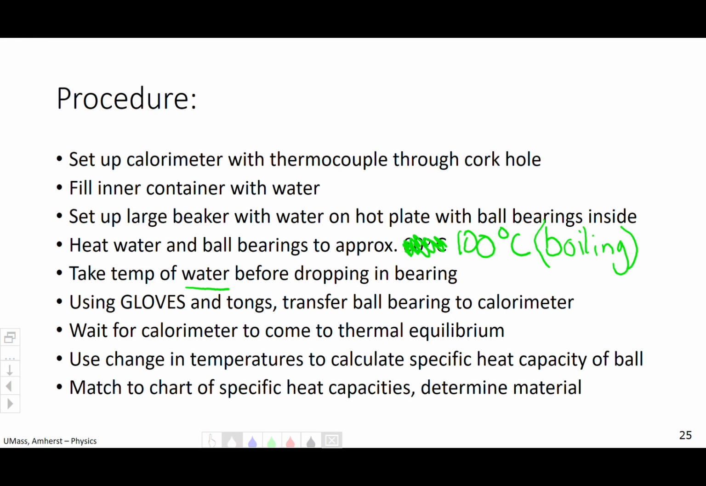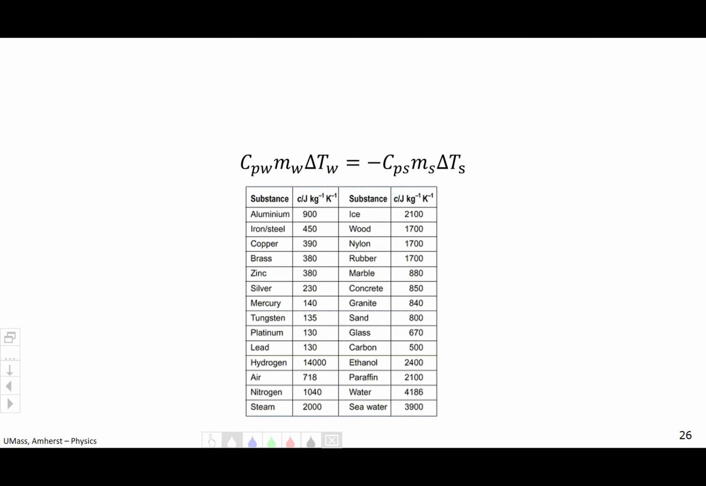So you're going to calculate the difference in temperature to find the specific heat capacity of the ball bearing and see if we can identify what material the ball bearing is made out of. This is actually a technique used to figure out what material something is made out of. Okay, and on your worksheet and here you have the formula for calculating the comparative specific heat within a calorimeter and a chart of common